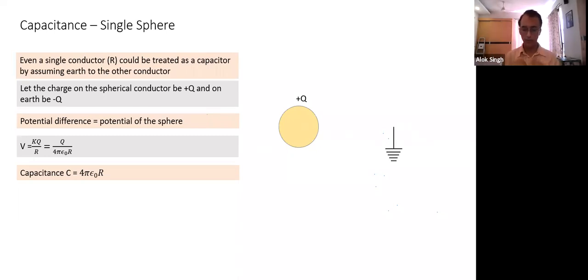Then we also tried to understand battery. Battery is somewhat similar to capacitor, but as the battery supplies charge, as the charge moves from positive plate to negative plate, it loses potential energy. That potential energy as well as charge is replenished by the internal mechanism of the battery. If charge Q flows out, it loses potential energy equal to QV, and that energy is made up by the battery process. So battery will do work equal to QV. Then we calculated capacitance for concentric spherical shells, and for an isolated sphere. So that's what we have done today.